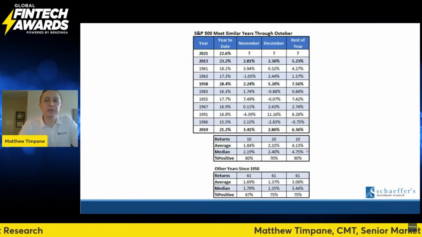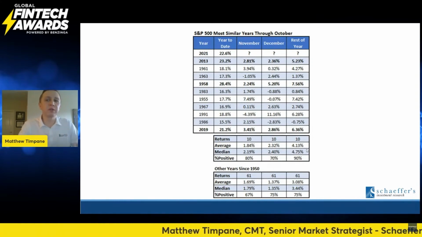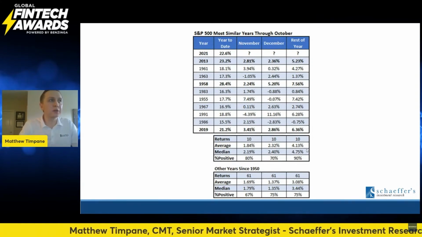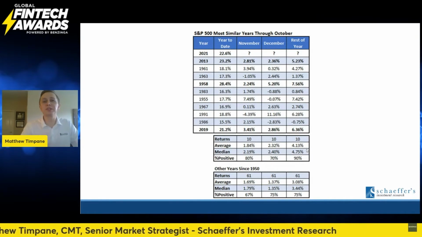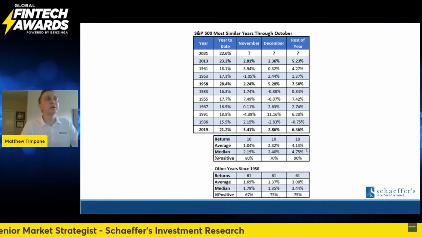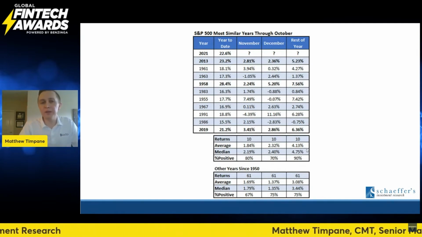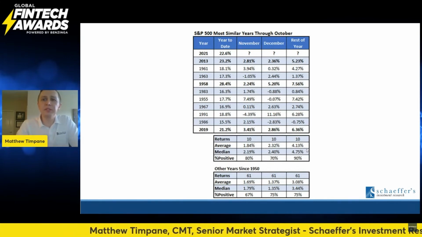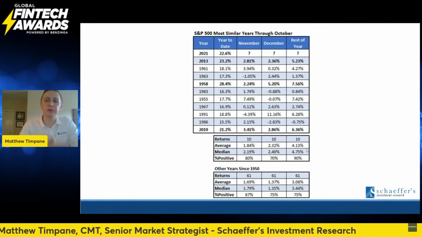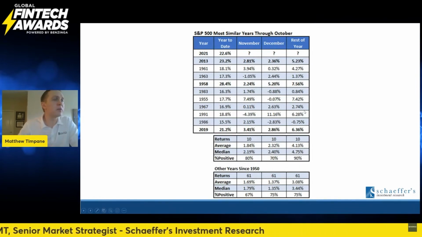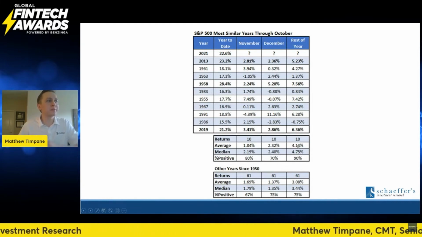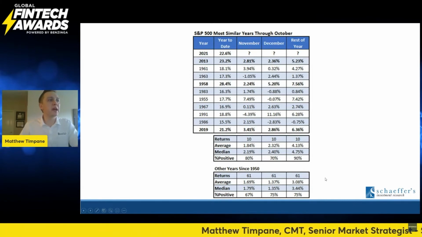So using a least squares method, what we wanted to do here was look at the last 10 years of the most familiar chart path. That way you're not just getting things of 20% or better. We're trying to look at something that is very similar to the trajectory that we've been on this past year. And again, this came from the indicator of the week. The most similar year was 2013, and that went on to gain 5.13%. But as you can see, the average gain is 4.13%, and that beats the average return of all other years since 1950, which is